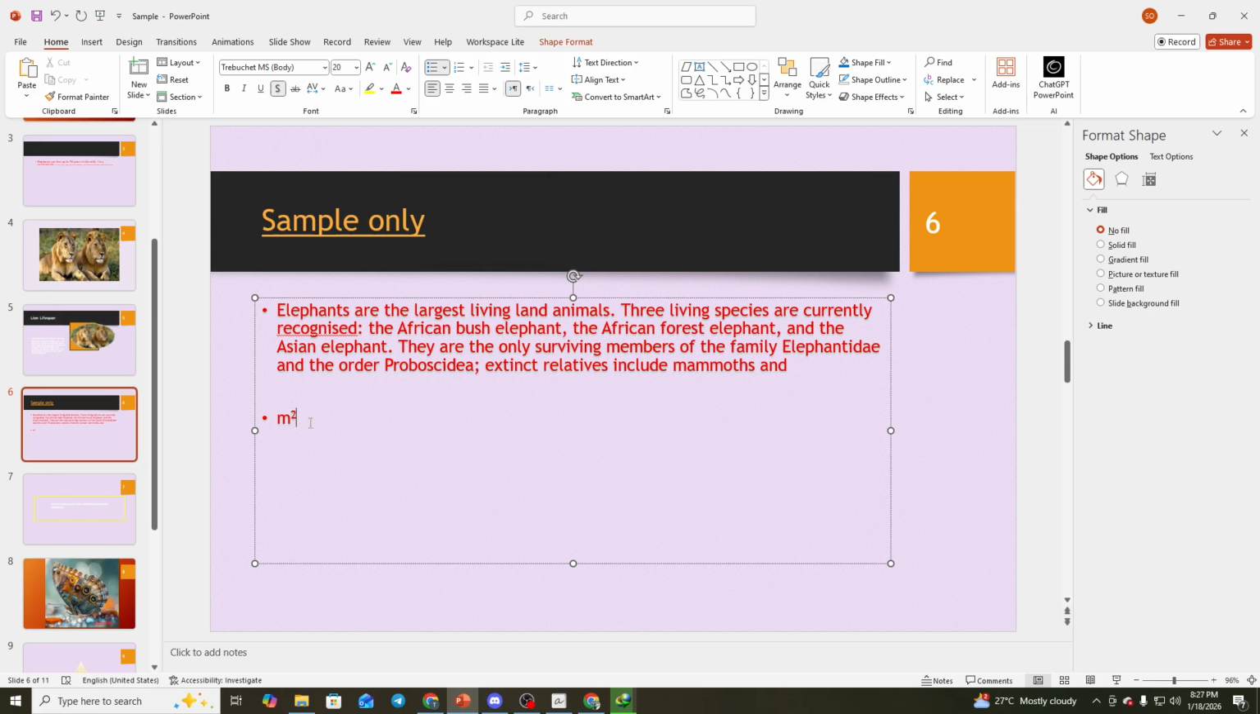The second method uses a keyboard shortcut, which is great when you want to move fast. Again, type M2 and highlight the 2. On your keyboard, press Ctrl, Shift, and the plus key at the same time. You'll get the same result instantly, M². This shortcut